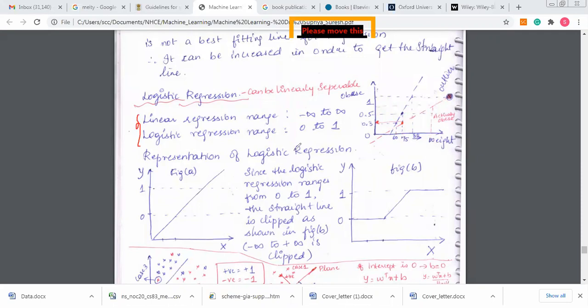And the representation of the logistic regression, towards the left-hand side, you can see this is the graph where, in the logistic regression, we will have it directly from 0. You'll have a slanting line and to 1. So 0 to 1. This is the actual representation of the logistic regression. We are actually going to clip the line that comes from here and the line above. We make sure that it falls between the 0 and the 1 criteria itself.